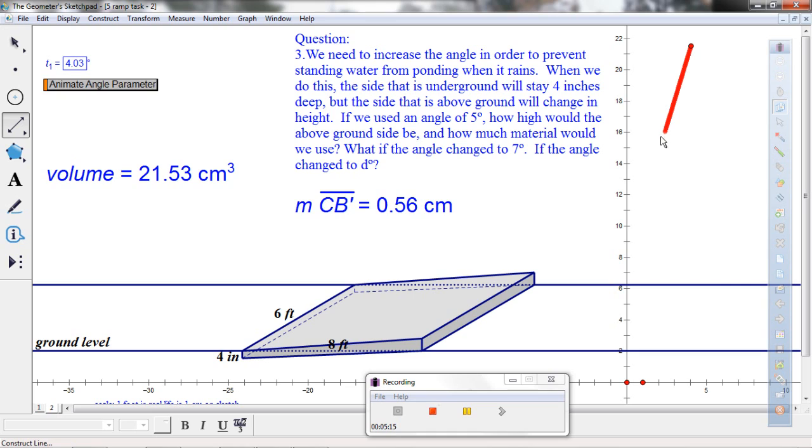So here's my line, and one of the nice things you could do, you could either pick two different points, for example, 4.03 comma 21.53, and then you could pick another point the same way, or you could just make a point on the line